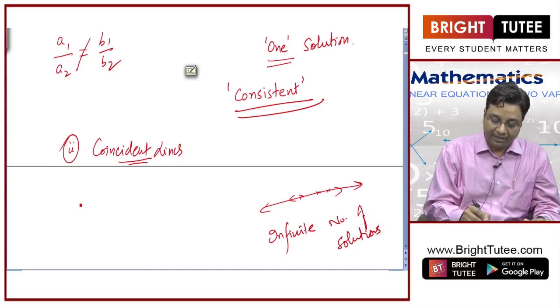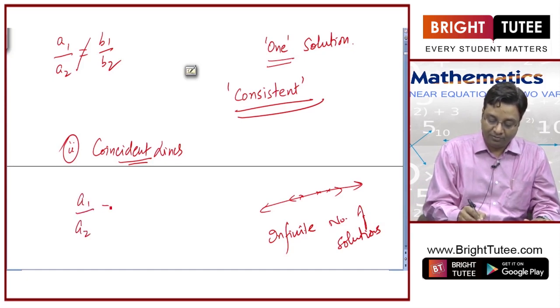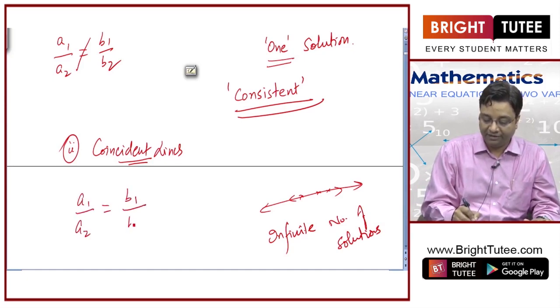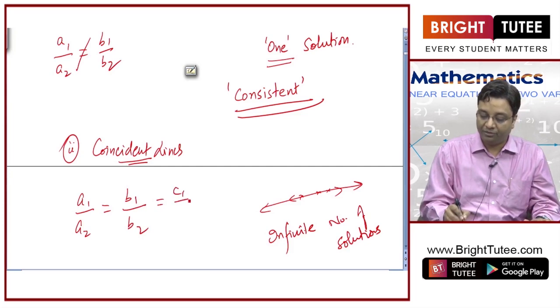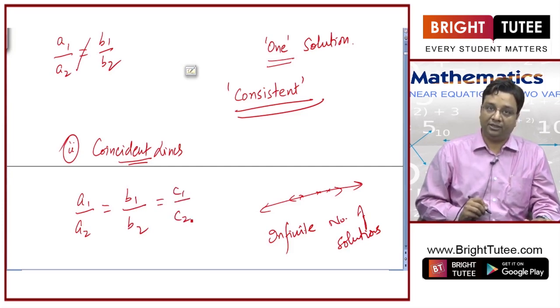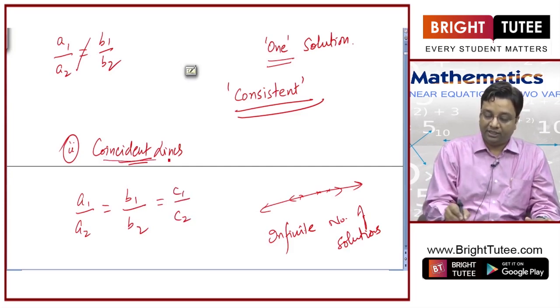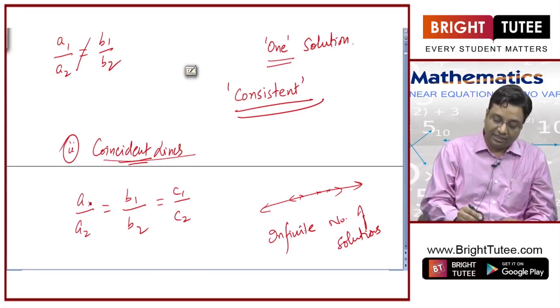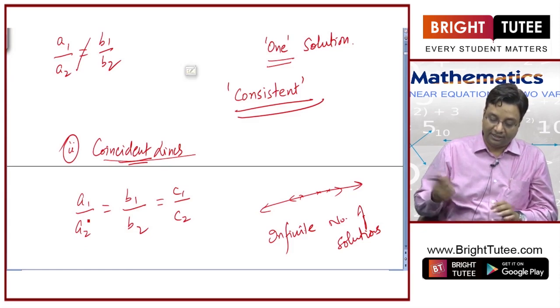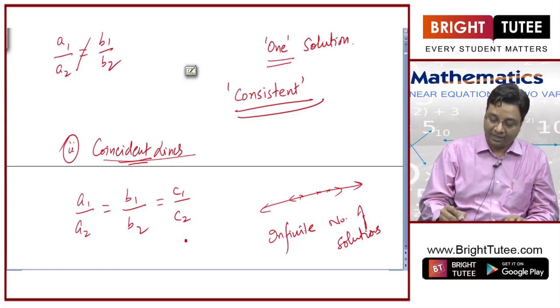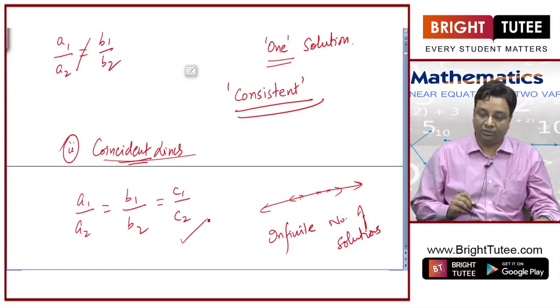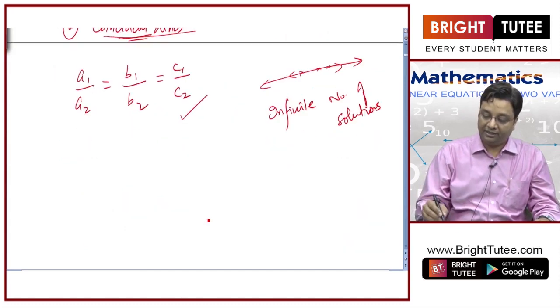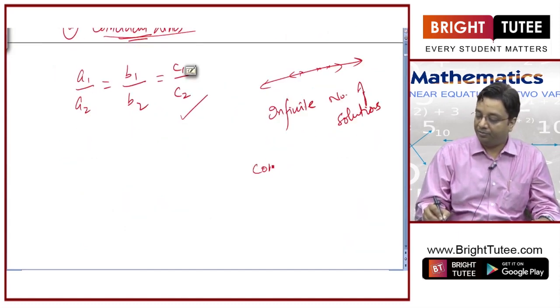And in a1 by a2 form, we could have written a1 by a2 equal to b1 by b2 equal to c1 by c2. These coincident lines are essentially the same lines, so the ratios of coefficients are going to be equal. So this is the situation in coincident lines, and this system of pair of linear equations is also